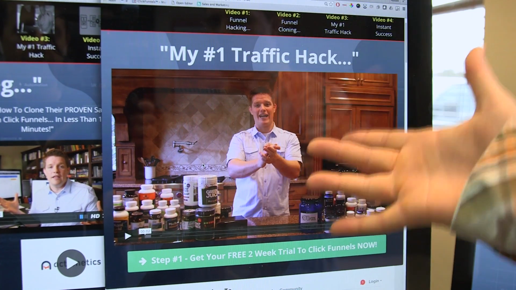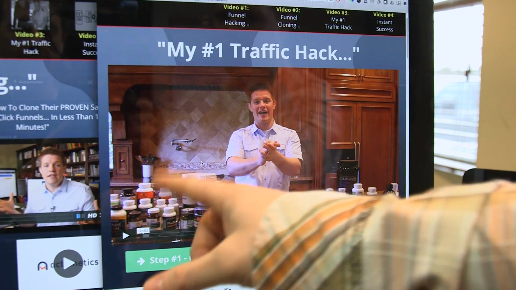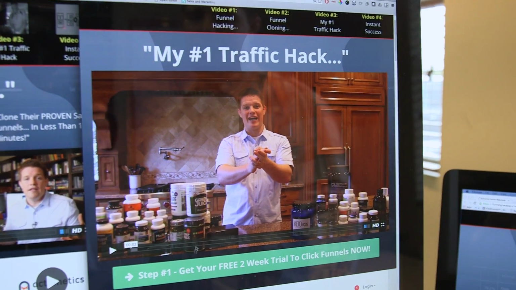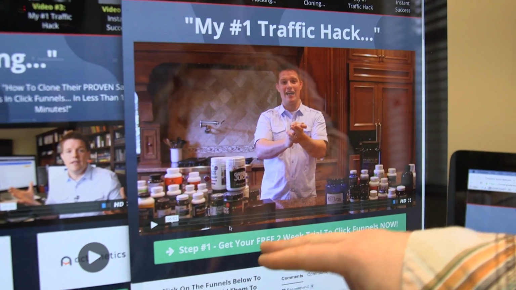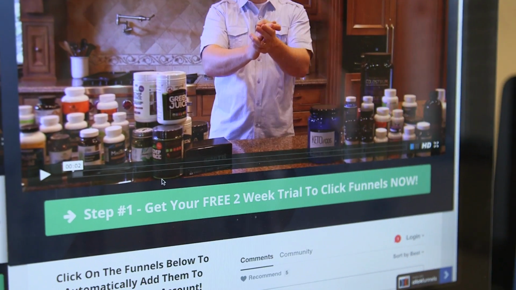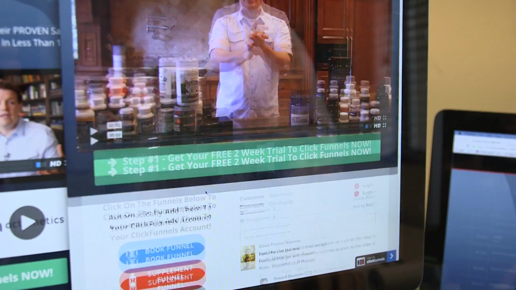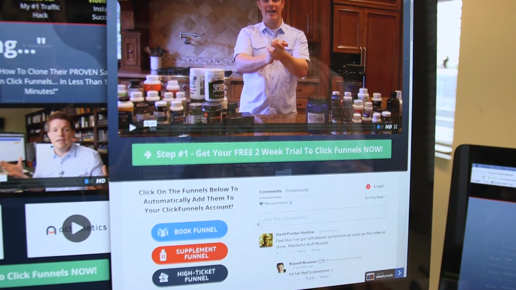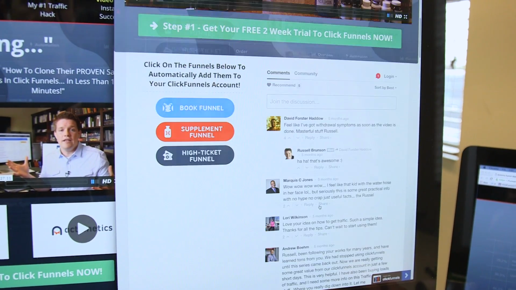But I try to make it visually cool and interesting. So you come in here, you're like, what are all these supplements? Like, what's happening here, right? Same thing in each of these steps, if you notice, I'm always giving away the trial. So I want them getting the trial because that's my number 1 goal. So they go through here, same thing, they can download the bonuses, plus they can comment and hang out and